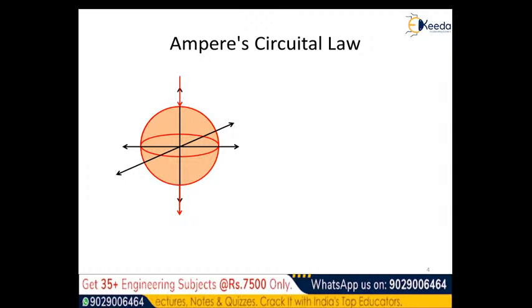Just now we have revised the statement of Ampere's circuital law and expressed it with the help of the mathematical representation as well as the illustration. Now if we consider a loop, or a closed path, inside the circular body: when current is flowing, the flow of current in any conducting body